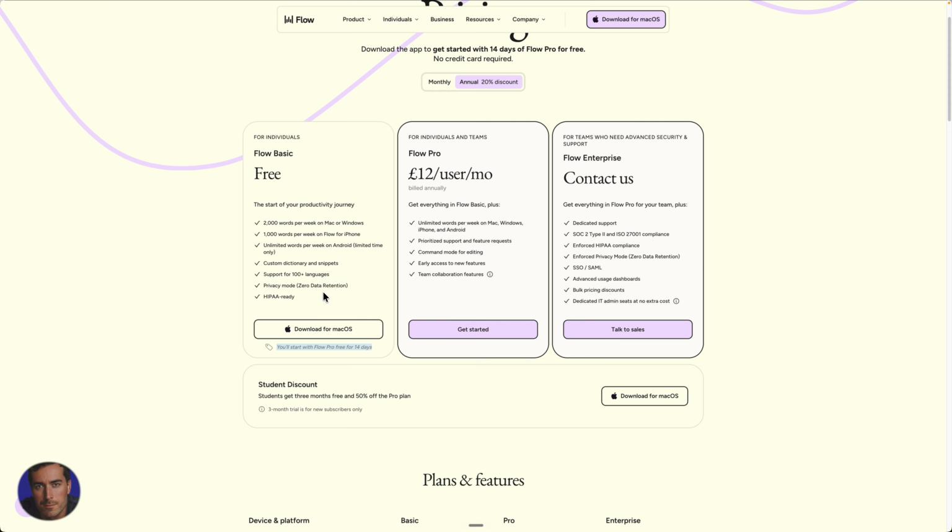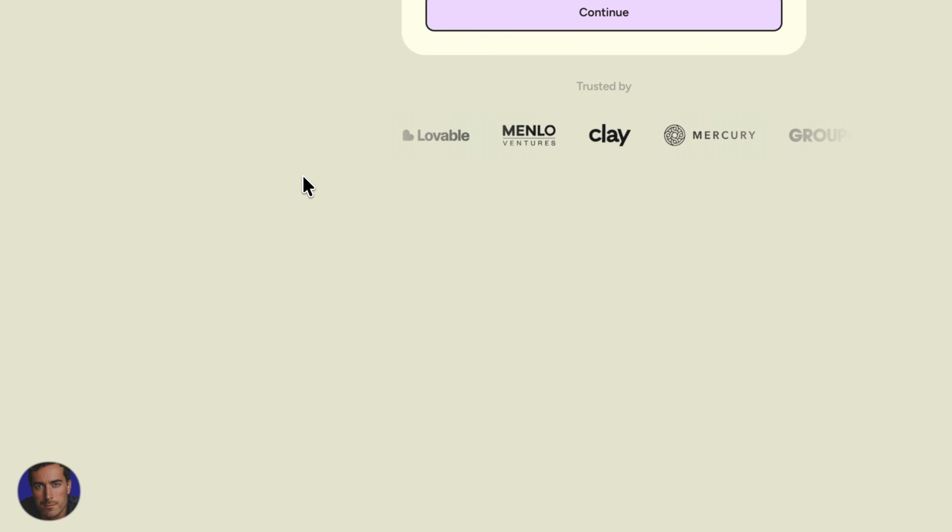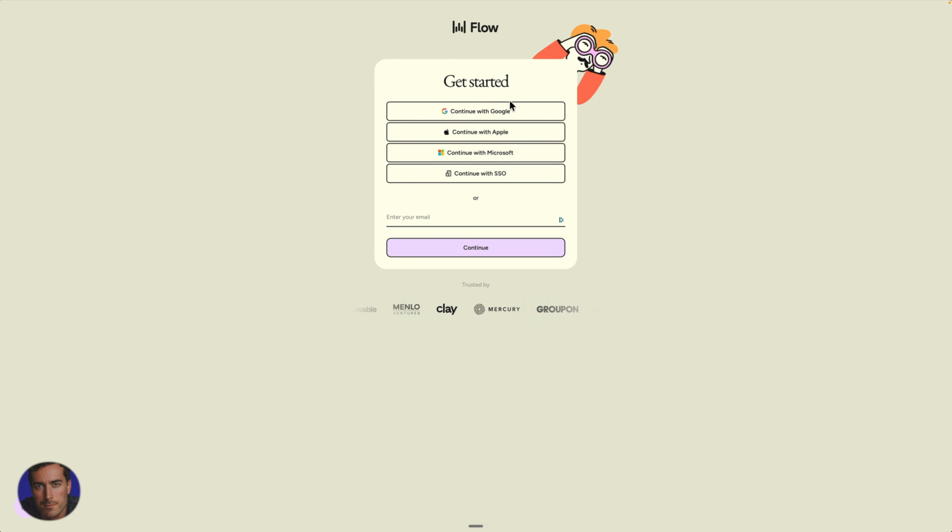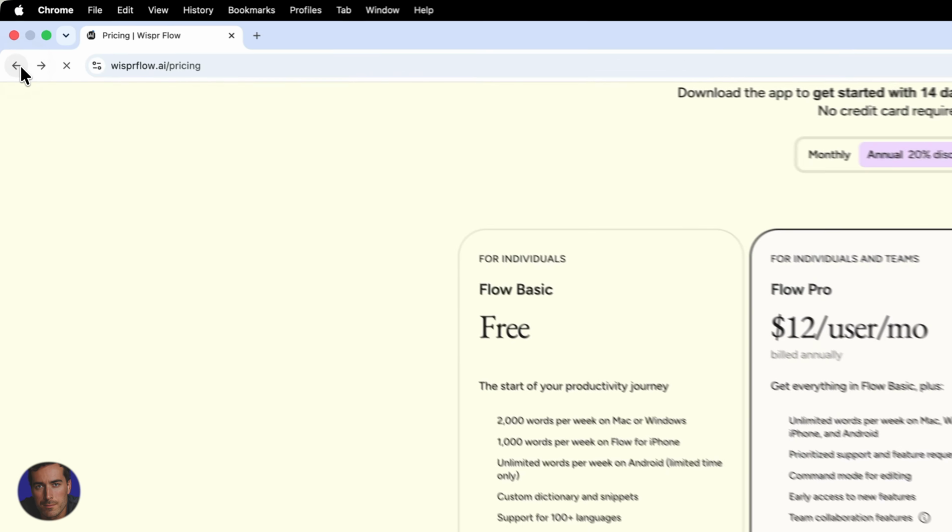Pretty good. So what you're going to do to download for Mac OS, click this download for Mac button right here. You will then sign into, or sign up to, I should say, your account. You can go old school, just enter your email right here, or you can click continue with Google. So this is your Google account. If you have Google account or Gmail, you can log in with that and verify. Same difference with Apple or Microsoft, and you can also continue with SSO, or like I say, go old school, enter your email here, click continue, and it will then start downloading, and you can start your 14-day free trial